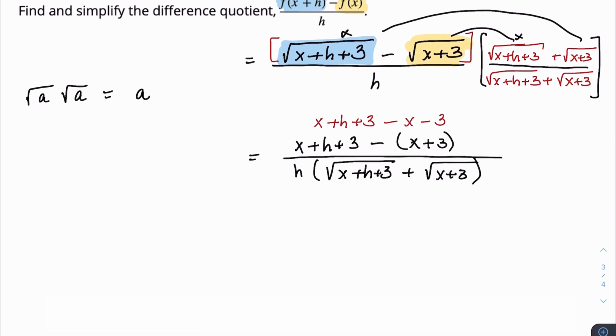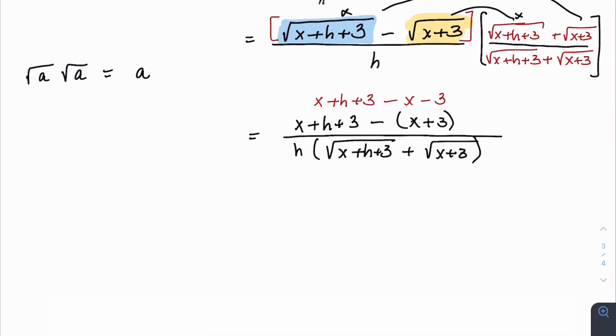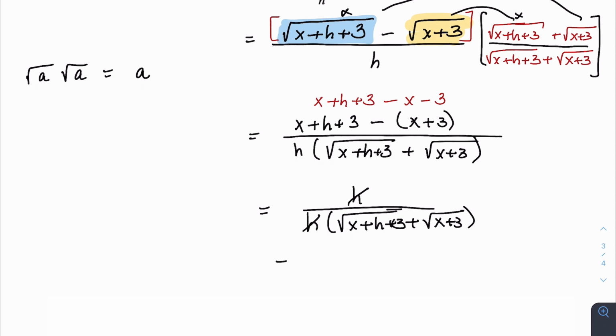And what you notice is everything cancels out except for the h. So we have equals h divided by h times the quantity square root of x plus h plus 3 plus square root of x plus 3. And the h's cancel out. And it looks like our final answer is 1 over square root of x plus h plus 3 plus square root